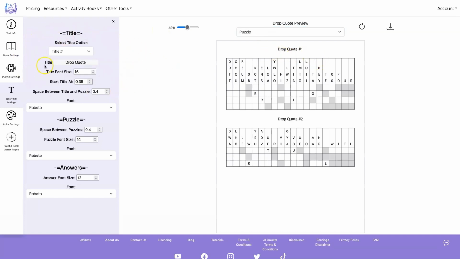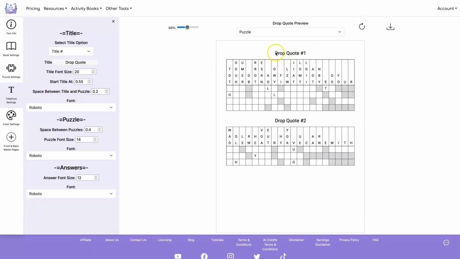So for the title settings, you can increase the font size. So let's make our font size for our titles a little bit bigger. You can tell it where you want to start it at. So if you want to drop it down, you can increase this number. And you can also set the space between your title here and the puzzle. So let's maybe decrease that. And let's do another refresh. Now our title is bigger font. It's dropped down a little bit further and there's less space